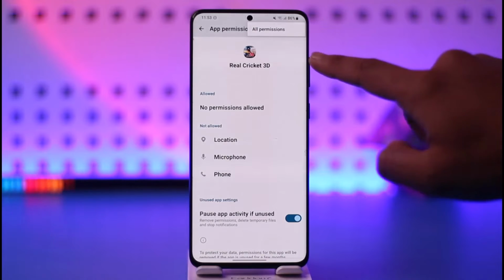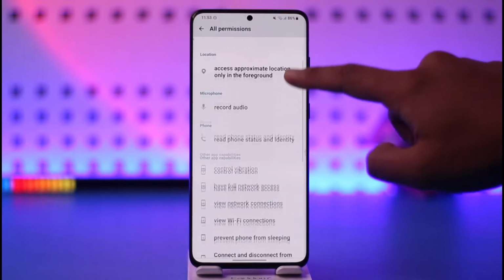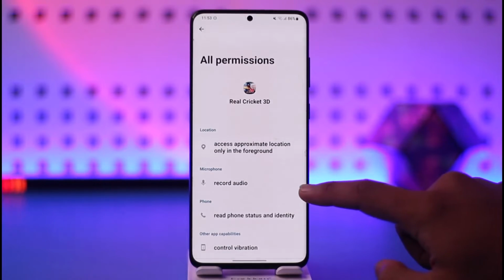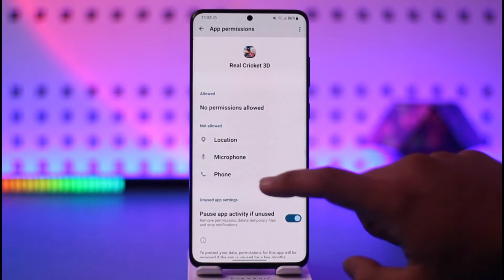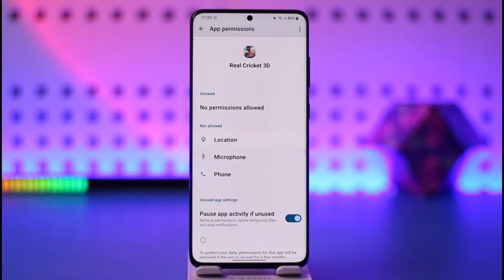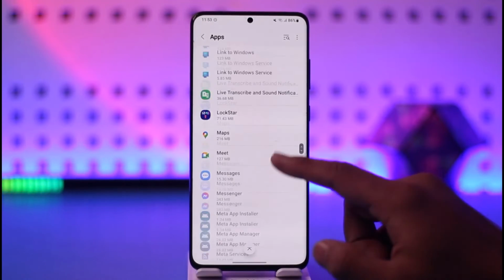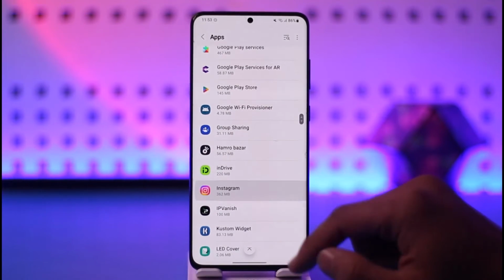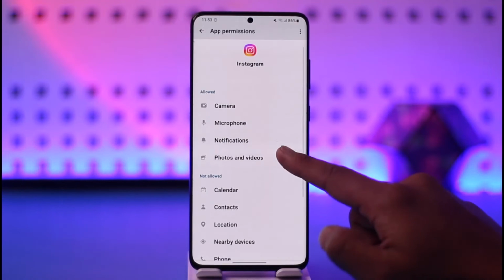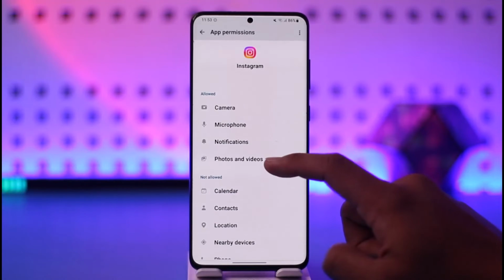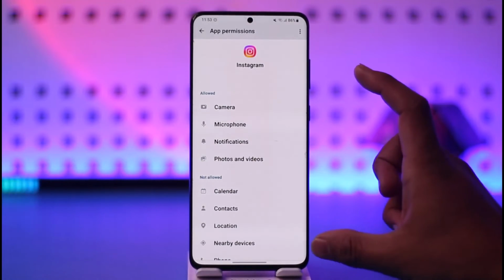You can tap the three dots option and go to All permissions instead, and here you should be able to see a list of permissions it requires. Sometimes whenever you try to play a certain game, you will get that kind of option to enable the access. Otherwise, if you're having issue with some other application, you can just go to Permissions, go to Photos and videos and allow, and then go to Music and Phone and allow it,